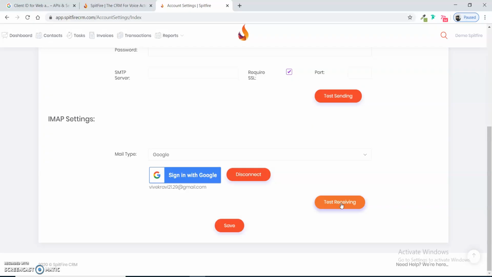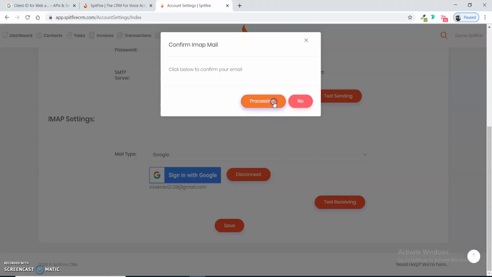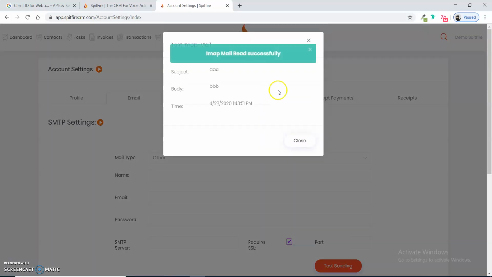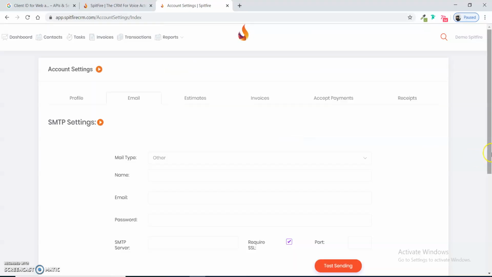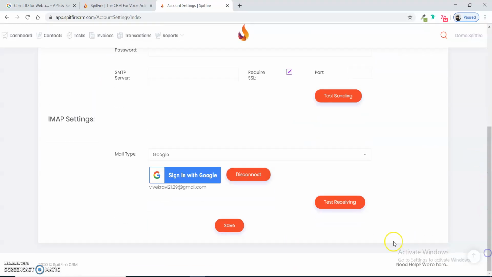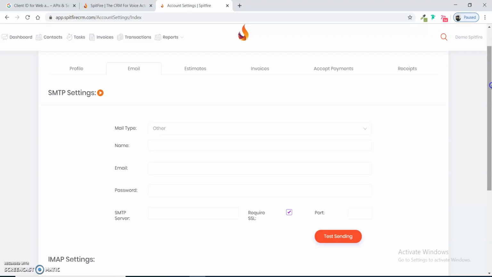It will read the first email from this account. So you can see here the first email from the account I have connected. And this button is just for testing. We are using the email reading functionality for another purpose. So let me explain.